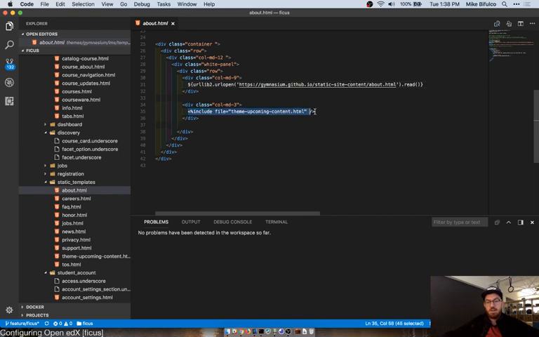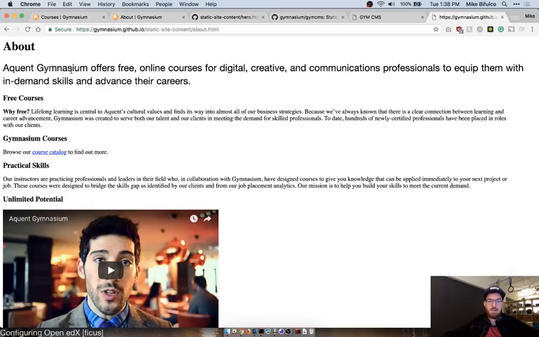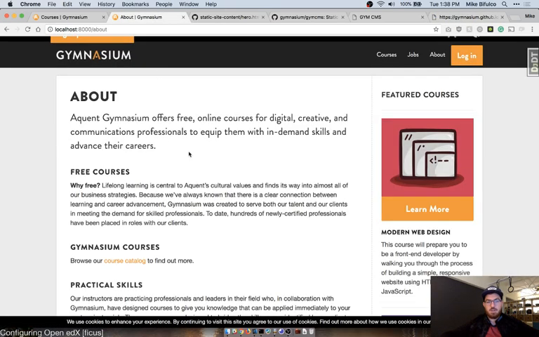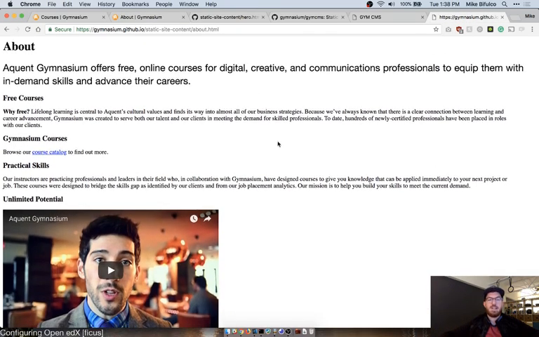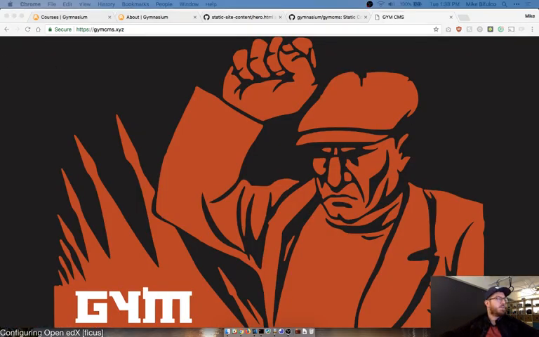Likewise, a sidebar file is rendered, which does a similar thing on this page in particular. So really all I should have to do to change this is change this URL from the old world where we were pulling from gymnasium.github.io. If I open up this URL, you'll see some of the HTML content from this page about Aquin Gymnasium offers free blah blah blah. It's all here, and of course the CSS rules for the site override what's being displayed in the style-less page here. And all I should need to do is update a bunch of URLs across the site